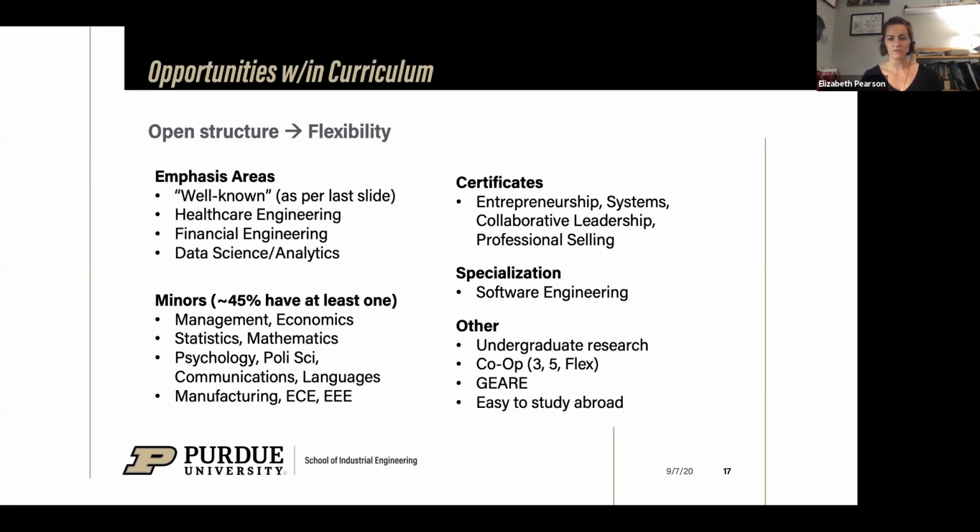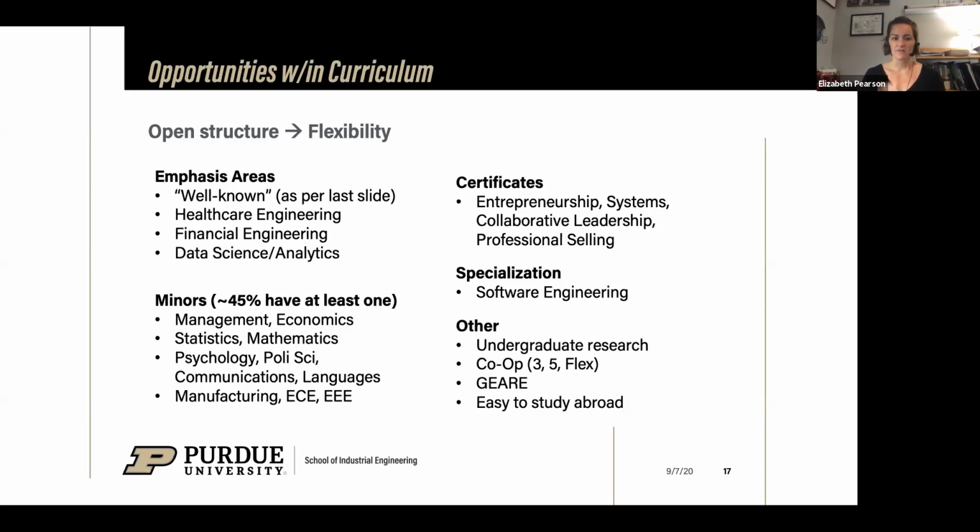One thing you would have noticed with Dr. B, especially in the 2 slides with all of the job titles and stuff that our alumni hold, it's really broad. There's a lot of different opportunities and a lot of different areas that our students really enjoy looking into and pursuing after graduation. And so allowing the space while they're here at Purdue to take some courses that help them build up their skill set for those areas, we try and really allow the opportunities to maximize that.